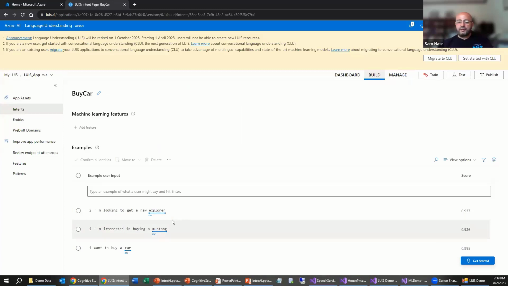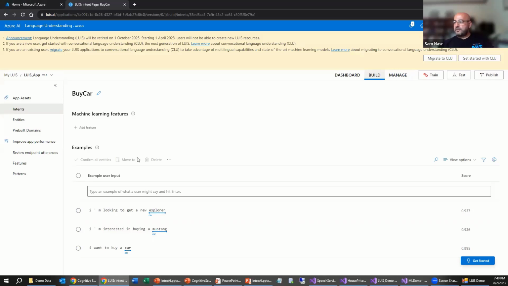I can also go a step further and help pick out what color of car the user is looking for, what trim edition, whether it's a GT or a convertible or an XL. I can pull all those out from the phrase or the utterance that the user is saying and look that up in my database. Again, the key thing here is that I just kept it simple. And as you see, it processed things as a human being would. So it's a very powerful feature, in my opinion.